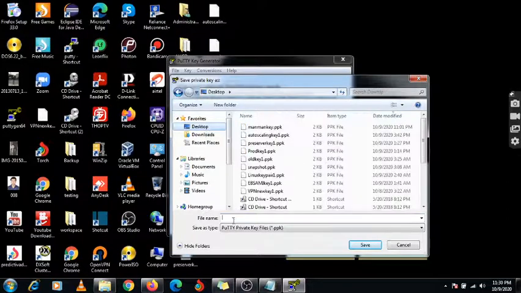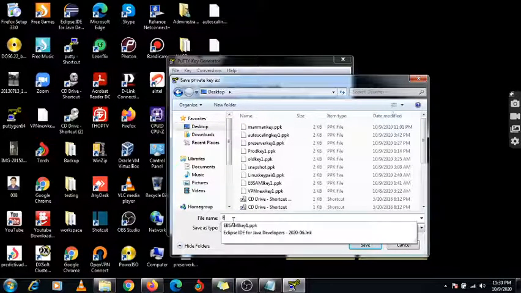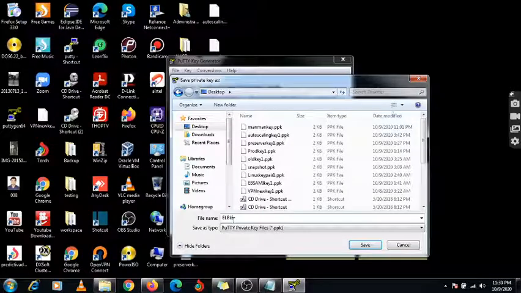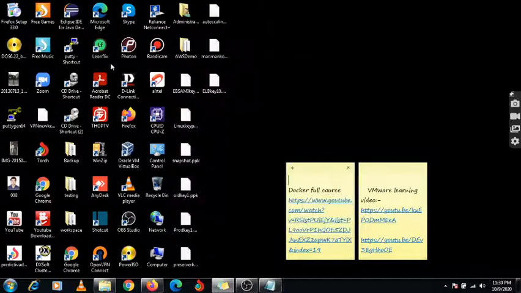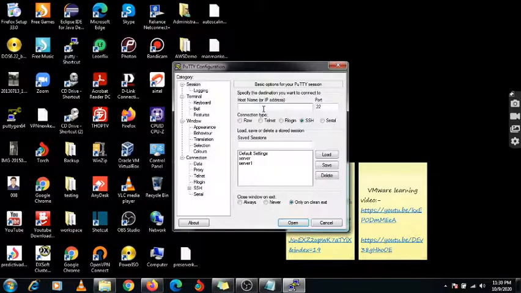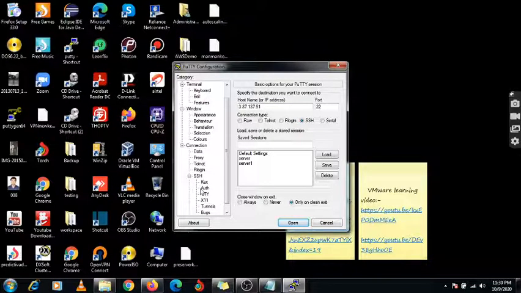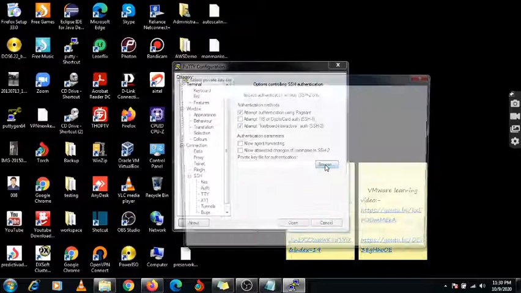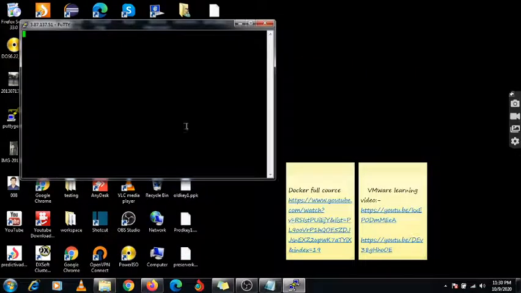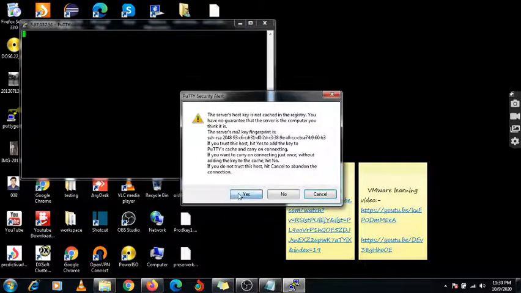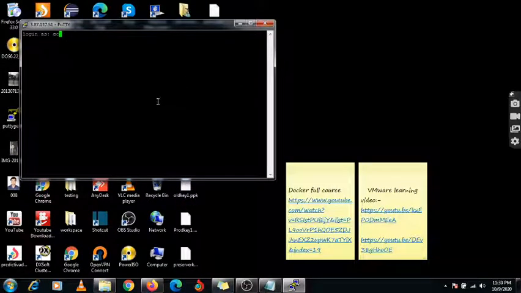Just select desktop, name it ELB key 10, save it and close it. Open your PuTTY and paste the IP address. Under SSH, Auth is there. Browse and open the same key. Here you can access your Linux machine with EC2-user.